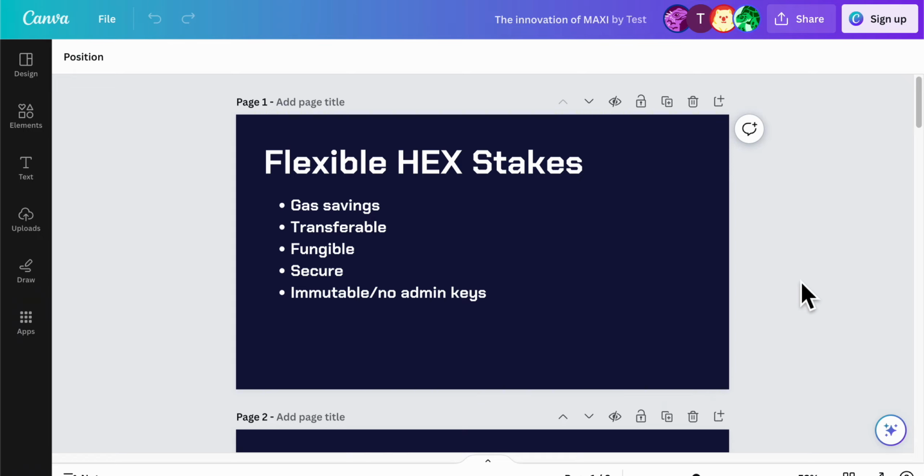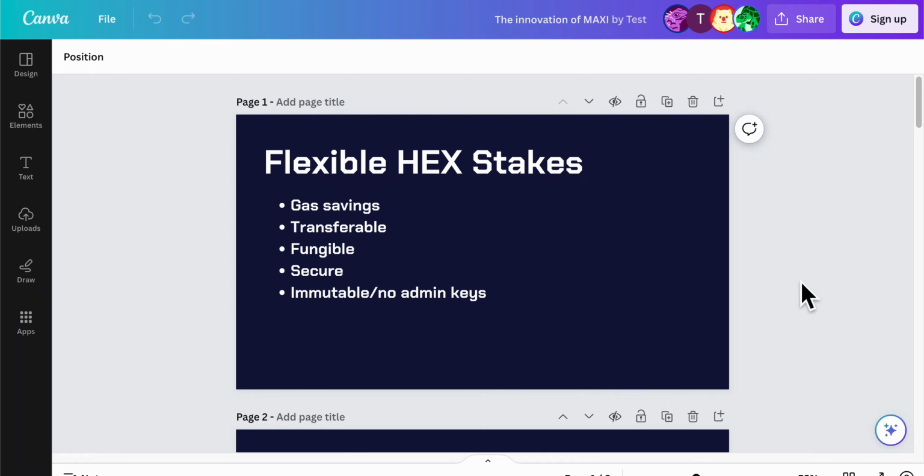Not that Hex has something wrong with it. I'm not saying that, but talking about somehow tokenizing hex stakes has been a conversation that's gone all the way back to Hex's inception, and Richard Hart himself has numerous times on streams mentioned, hey, if someone wants to build a contract on top of Hex which tokenizes Hex stakes, then be my guest. So this is not a new concept. It's been spoken about a lot.